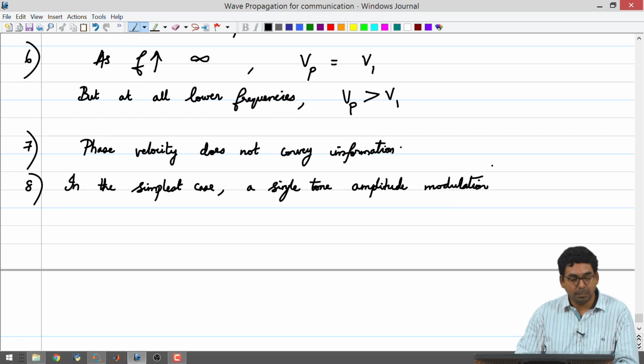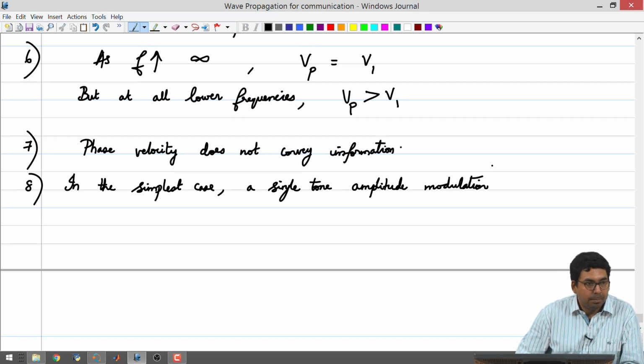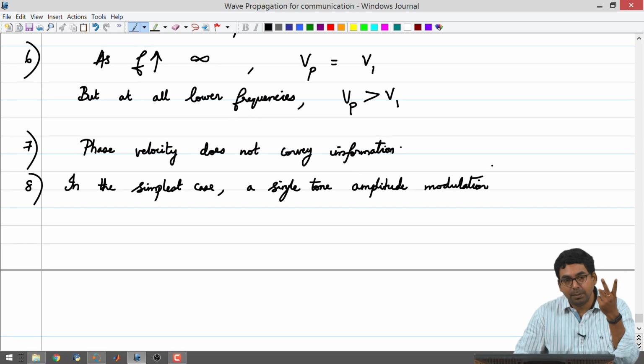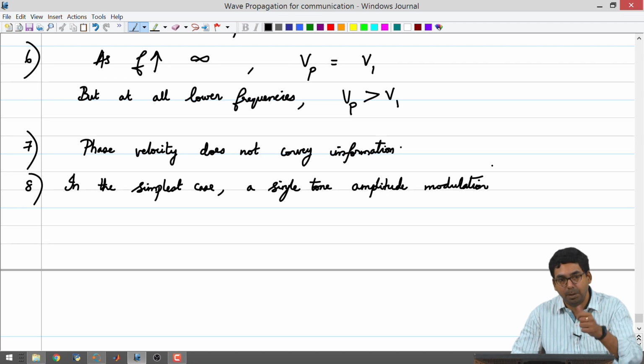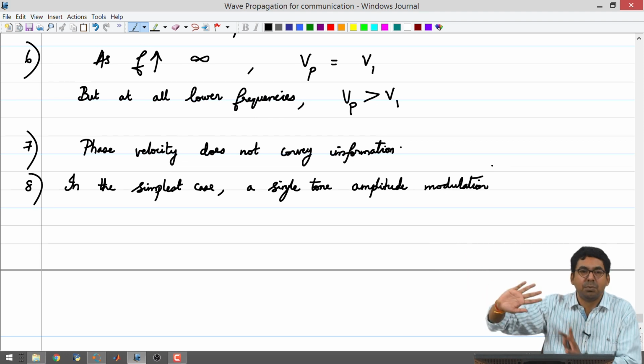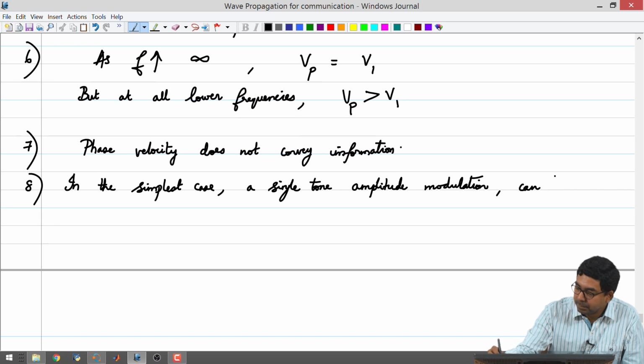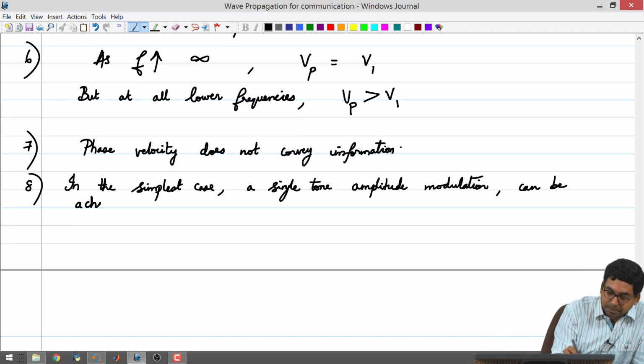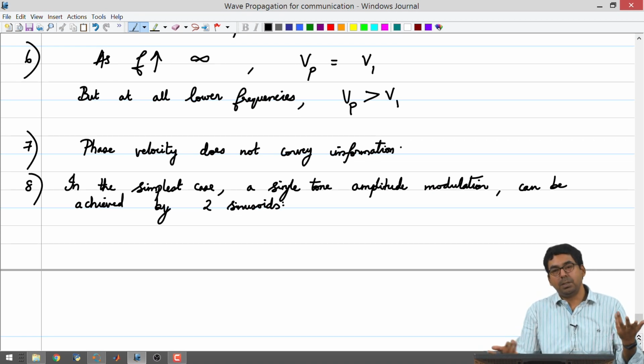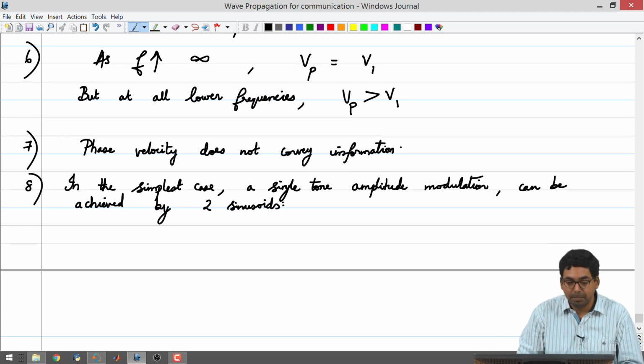Okay. And so, you need at least two waves to achieve this. You need something which is known as a carrier and the other one which is going to modulate this carrier with the information that you want to transmit, and the information that we want is a single tone. So, it is going to be a sinusoid of some frequency, that is what we want to communicate, alright. So, you can achieve it using two sinusoids. One is a carrier and the other one is a modulating signal, that is all, right.